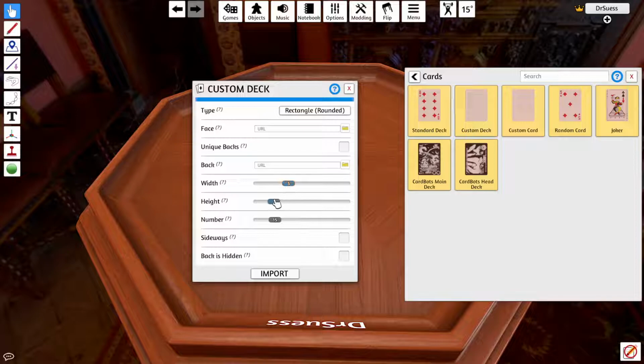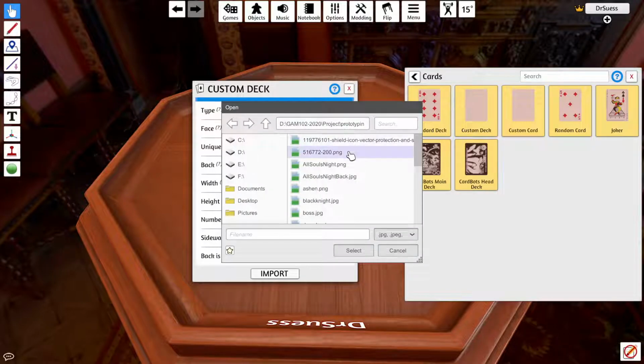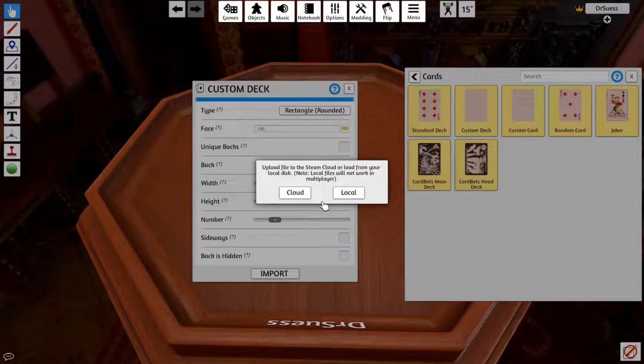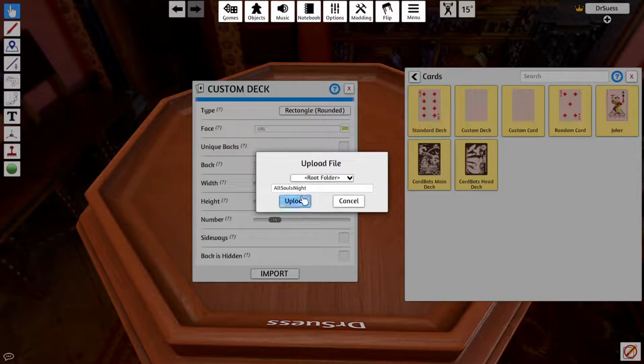This is 5 cards wide, 3 cards tall, and I'm only importing a total of 15 cards. But I still need to get the face, which is this right here, All Souls Night. Now this is an important piece. If you don't upload this to the Steam cloud, you can't do it in multiplayer. So you always want to do this